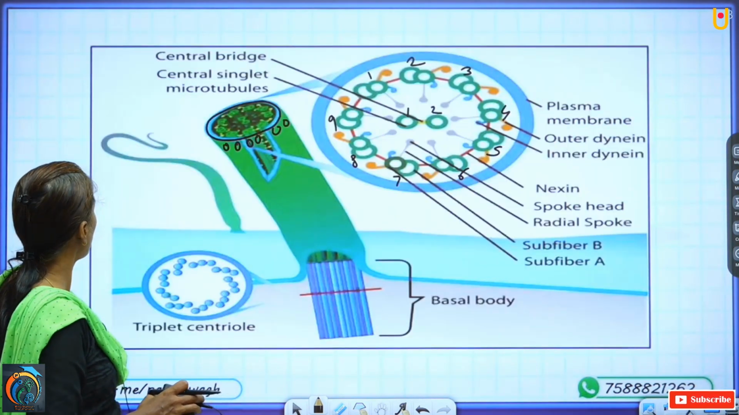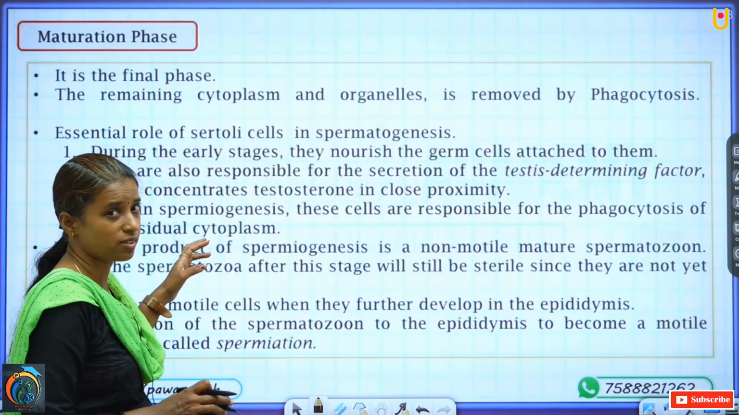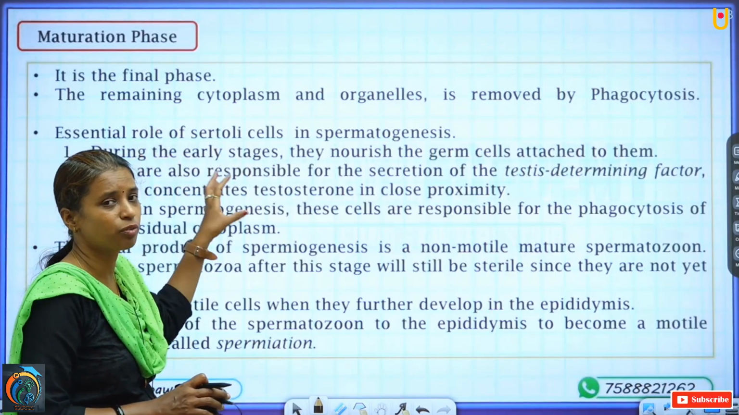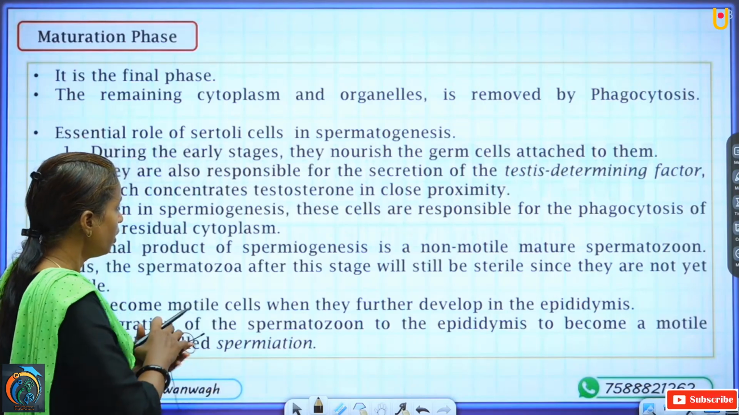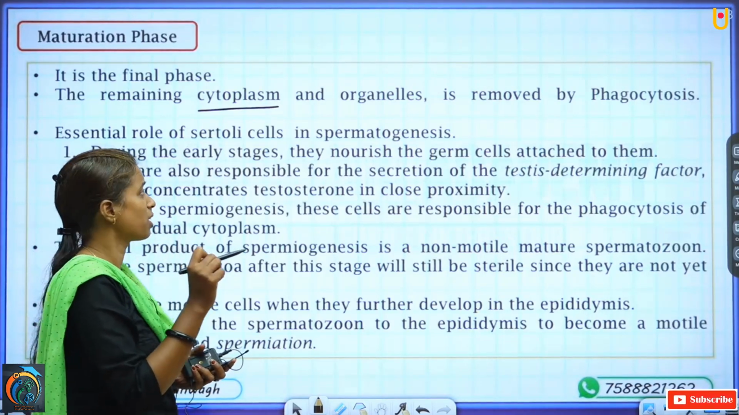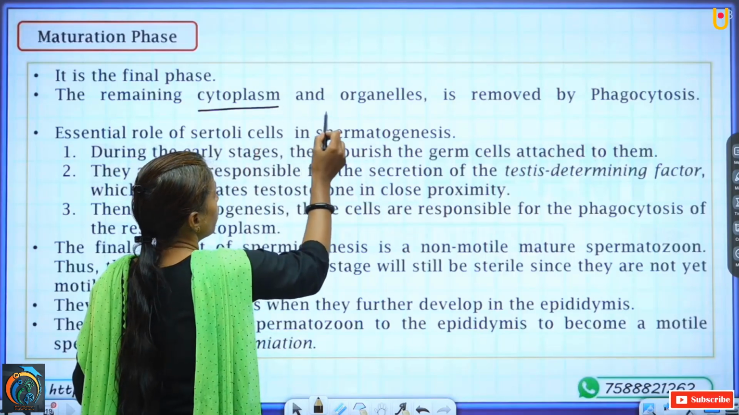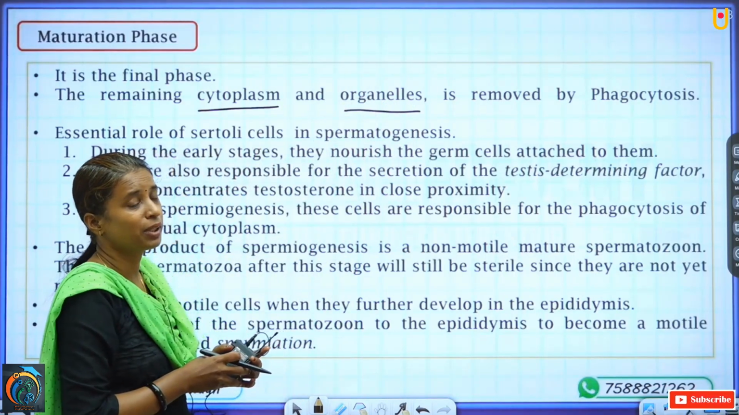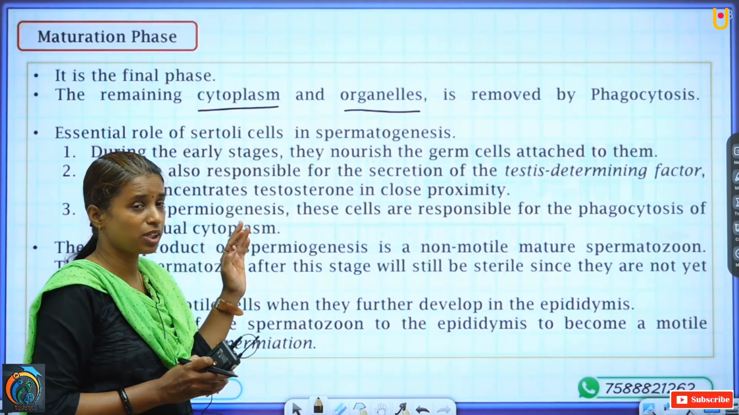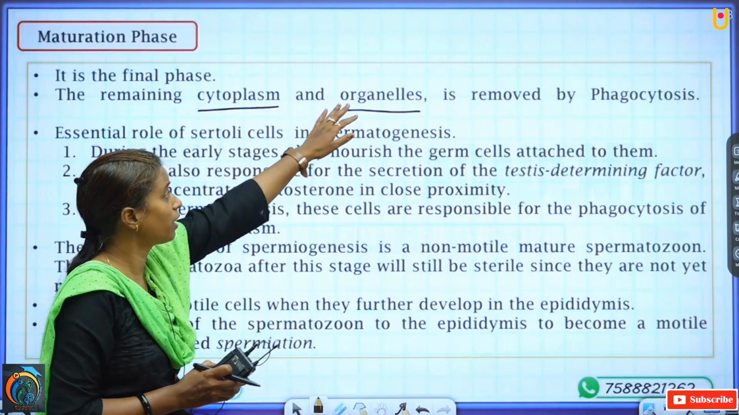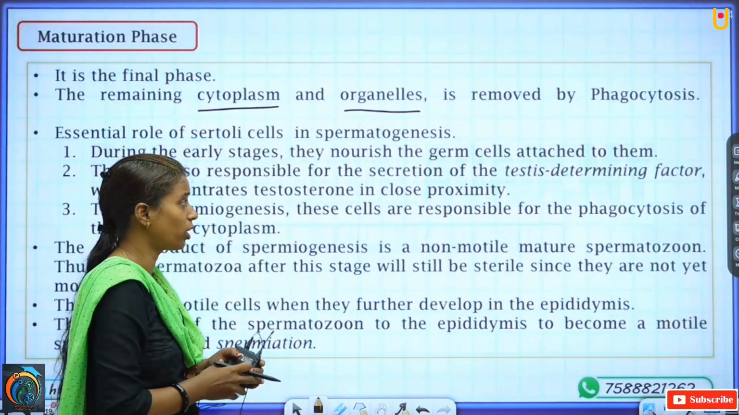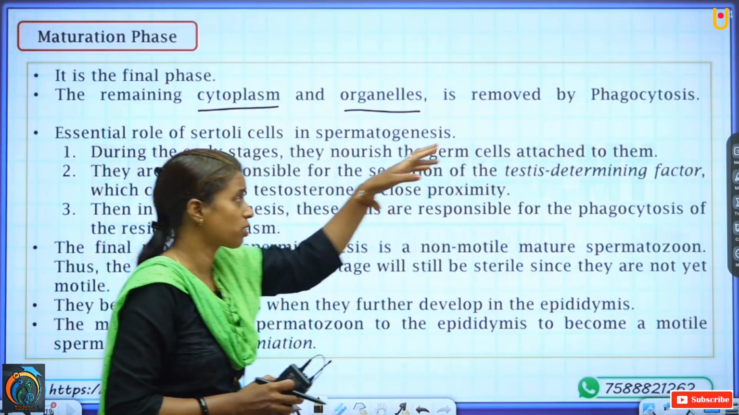Okay, now the last phase of spermiogenesis is the maturation phase. Now what will happen in this maturation phase? It is the final phase of spermiogenesis. Here the remaining cytoplasm and remaining organelles are removed. Which are the remaining organelles? Here we have seen the Golgi apparatus, nucleus, centriole, and mitochondria. But the remaining organelles, other than these, are removed. The remaining cytoplasm as well as remaining organelles are removed by the phagocytosis